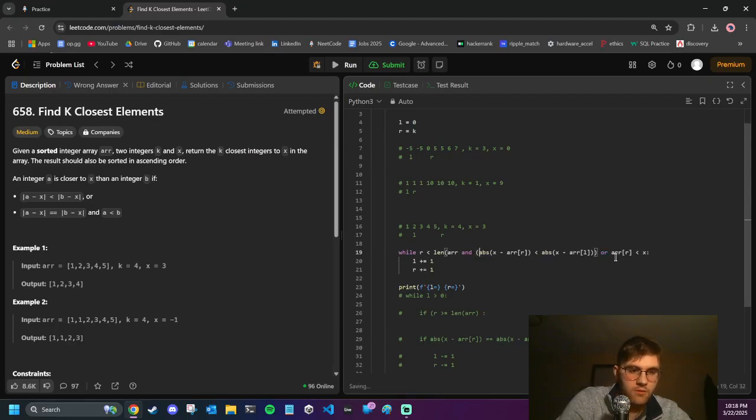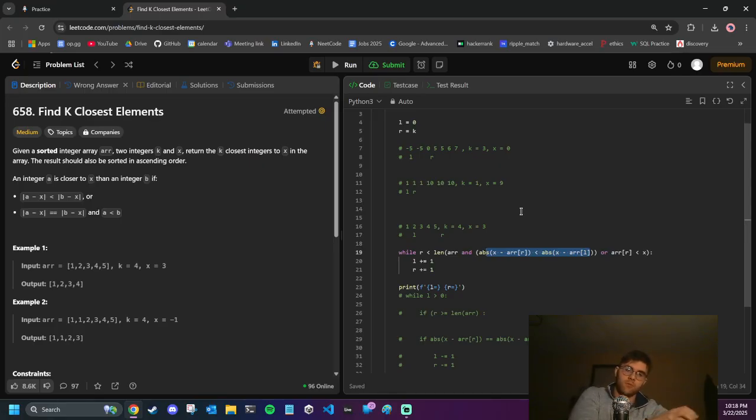And then I guess we would group these together. So we want to keep going if the distance of R is less than the distance of L, we should go. If they're equal, though, we also want to make sure. So if this is not true,